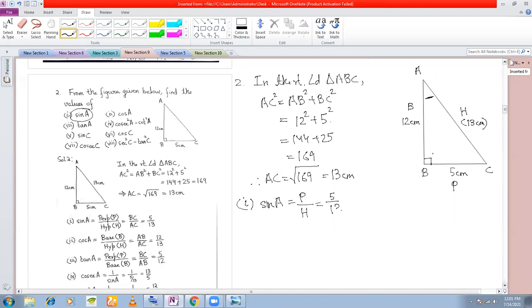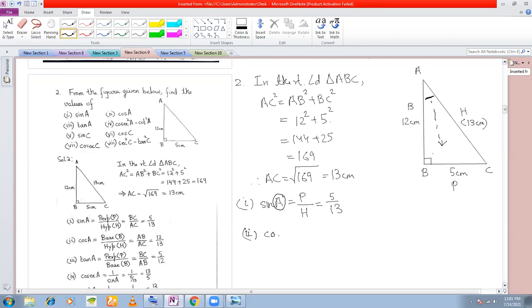Excuse me, sir. Tell me. Can you please explain once more what is the theta in this? If you see, what is the angle here? What is the angle here? A, right? Yes, A is the angle. That is why we are talking about this angle. So opposite to this will be our perpendicular. Understood? Okay, sir. So that is why it is 5 by 13.